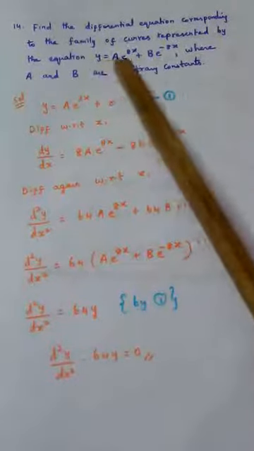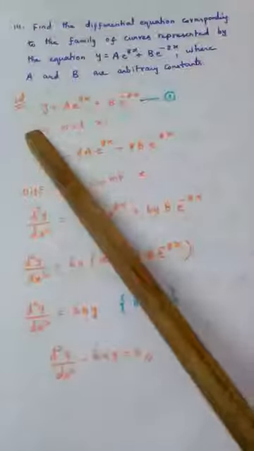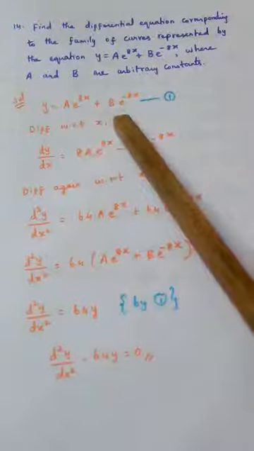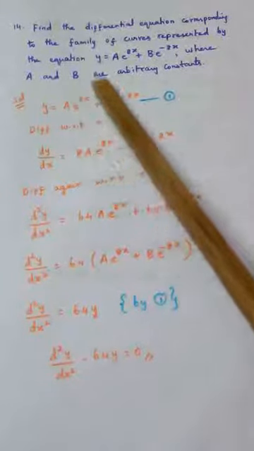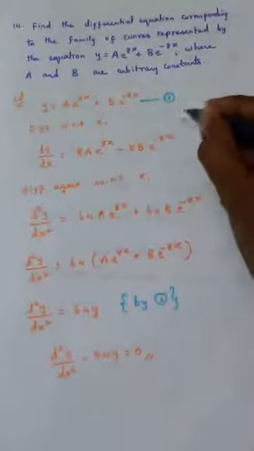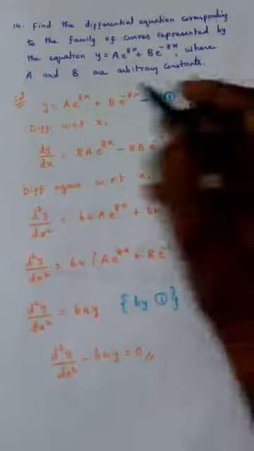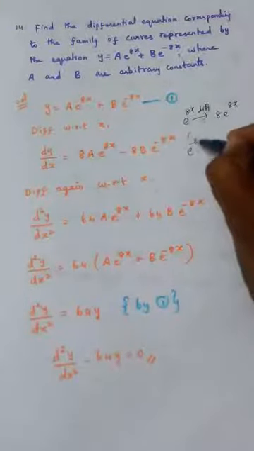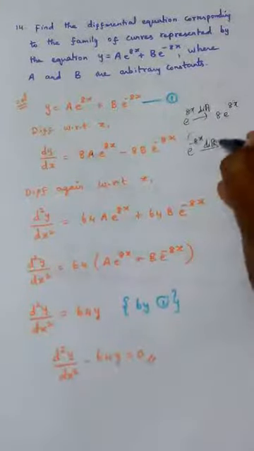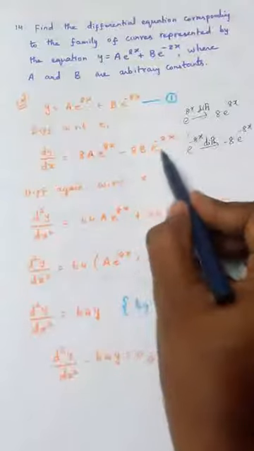So first we will write the question once again, and that is taken as first equation. First time we are differentiating with respect to x, so y becomes dy by dx. A is constant, differentiation of e power 8x, what is the answer? 8 e power 8x, right? So that is written here, 8 e power 8x. This a is constant, it will remain. Similarly, if you differentiate e power minus 8x, the answer is minus 8 e power minus 8x. So that is written here, minus 8 e power minus 8x.